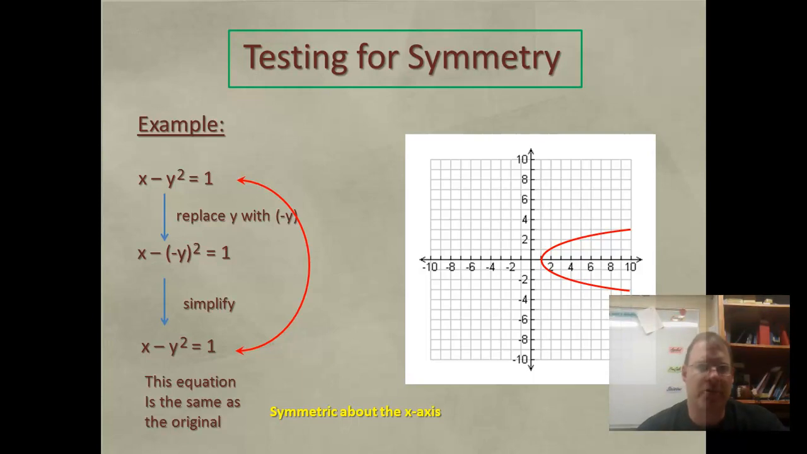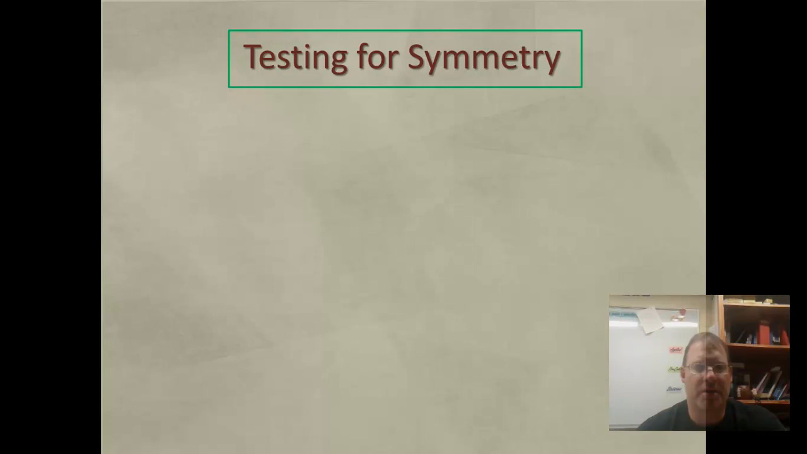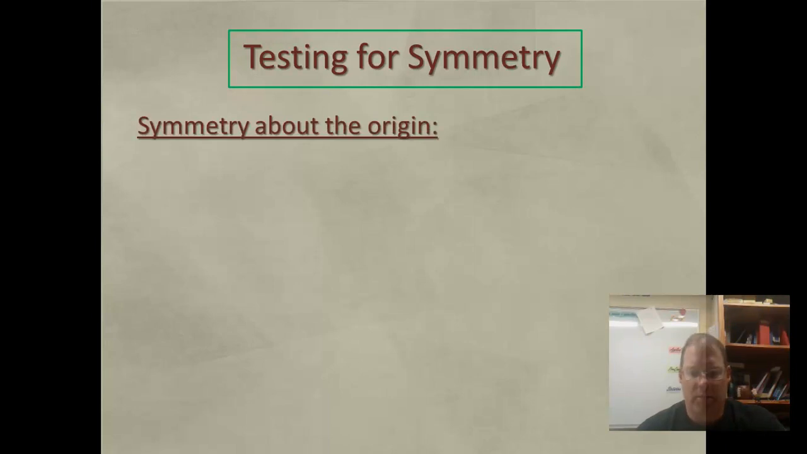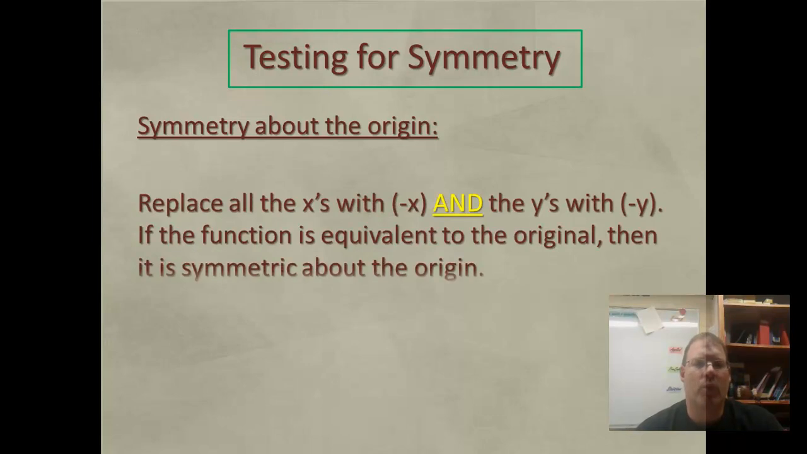Now the last type of symmetry we have to test for is symmetry about the origin. The test is a little bit different because we don't just replace one of the variables, we replace